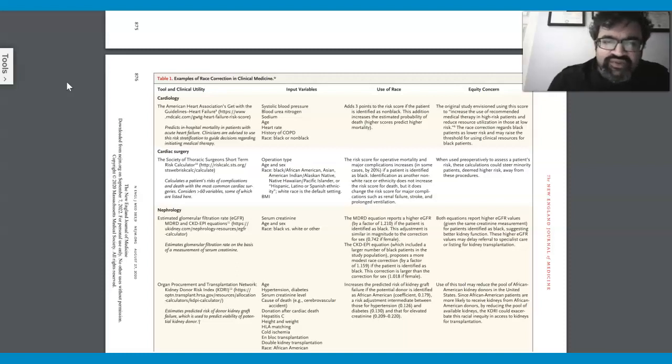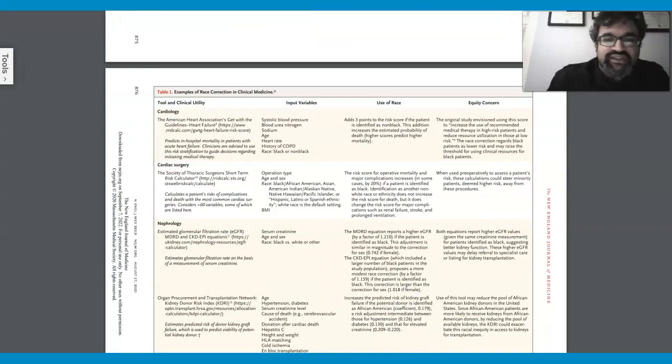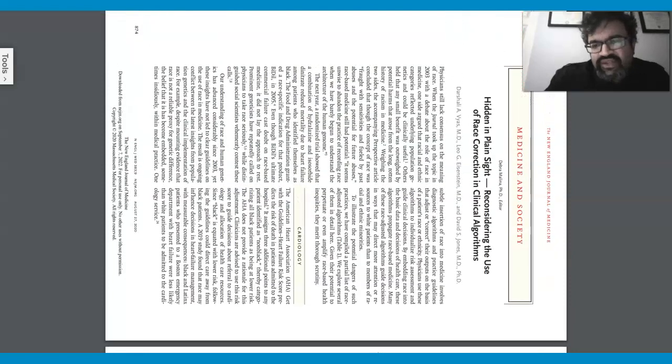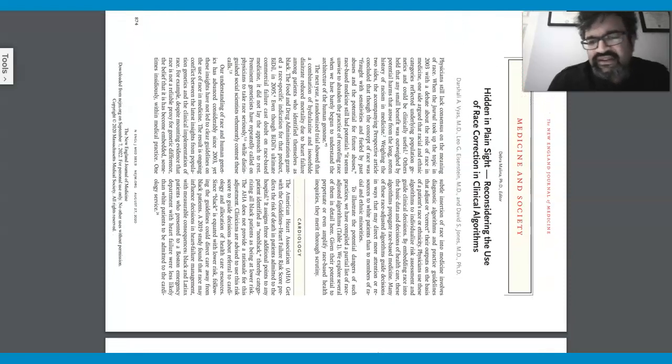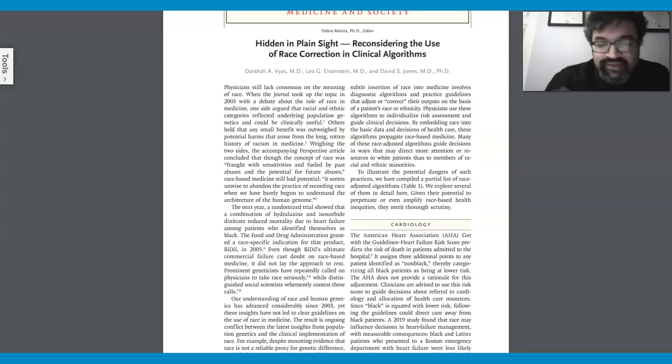By multiple authors who collaborated on this. What I did is actually rotate this table so that we can study just this table. This is part of a paper, and we can look at it kind of on the side, "Hidden in Plain Sight: Reconsidering the Use of Race Correction in Clinical Algorithms." And I can actually rotate that for a second, and then you can look at this quickly.